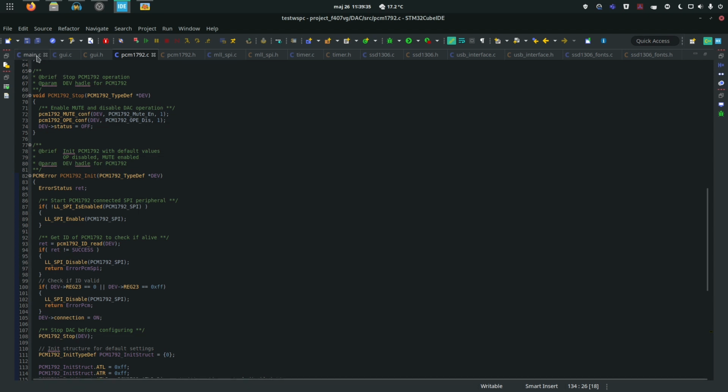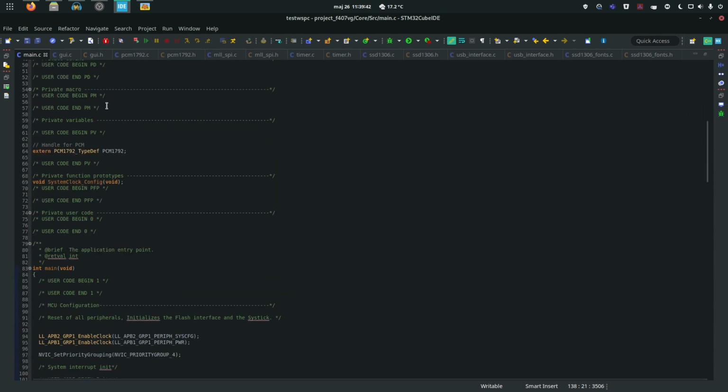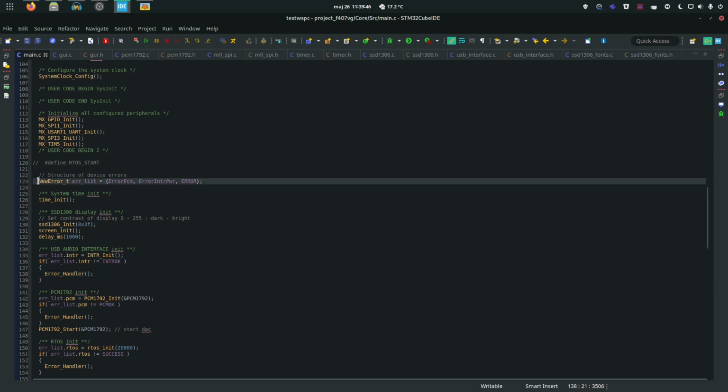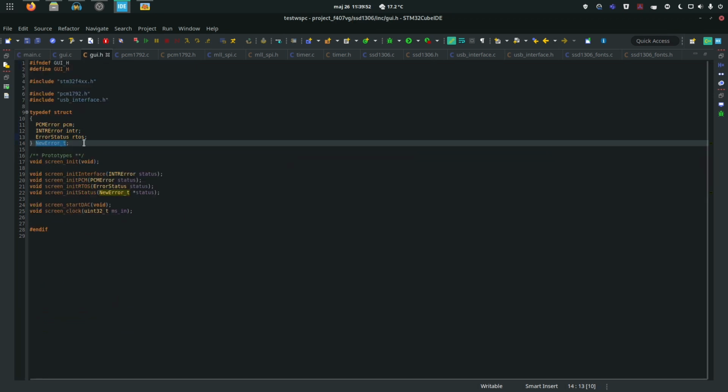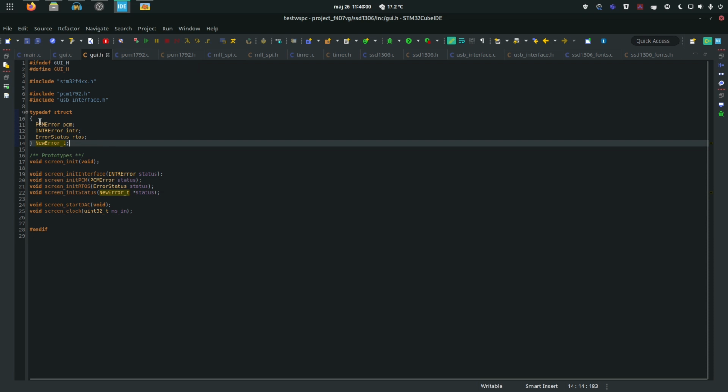If we go to the main file right now, now that we went over the PCM changes, let's go through the main changes. The first thing you can see is this list over here. This is a new structure that I created called new error t. This is a temporary name. This is the actual structure that holds all the initialization errors for all the devices that are currently initialized. So PCM,